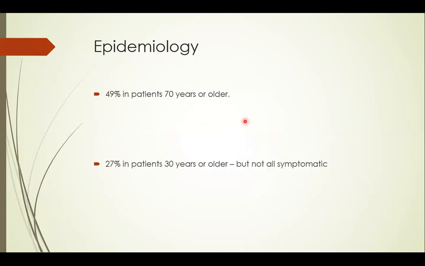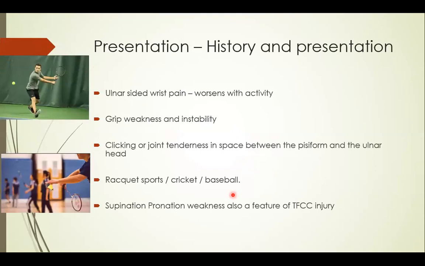The prevalence is about 49% in individuals 70 years or older and 27% in patients 30 years or older. But not all of these conditions are symptomatic, so we don't need to intervene in all of these structures if there is an incidental finding of perforation in the TFCC, unless symptomatic. Presentation: basically they come with an ulnar-sided wrist pain that worsens with activity, with grip weakness